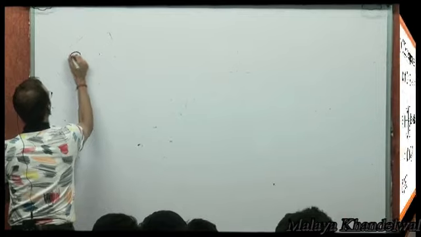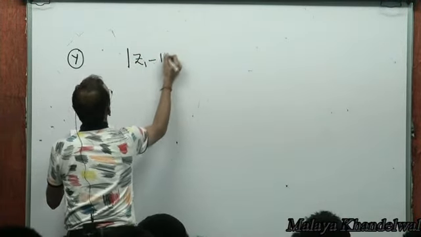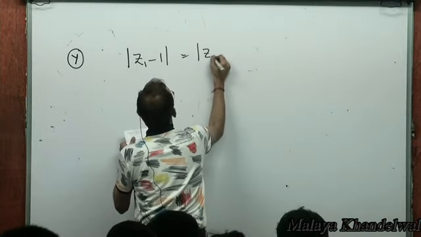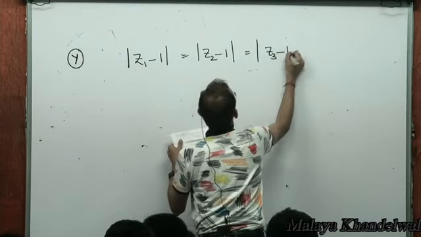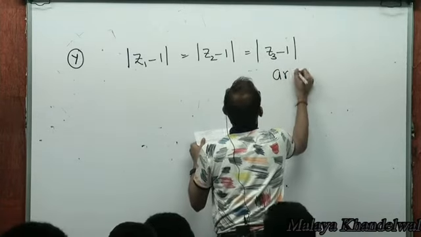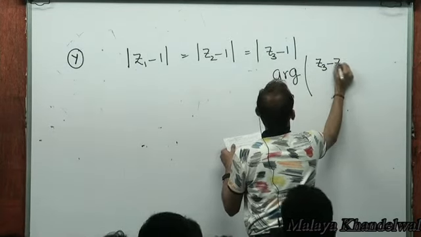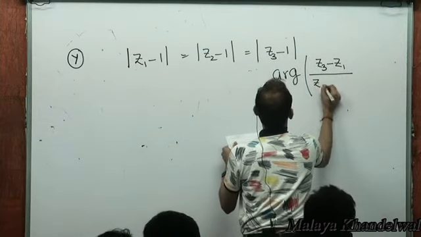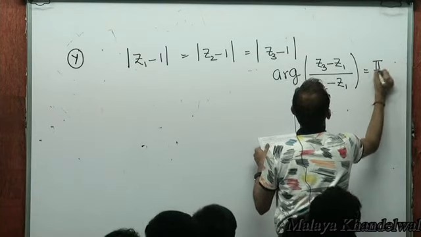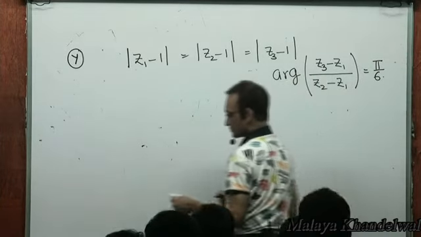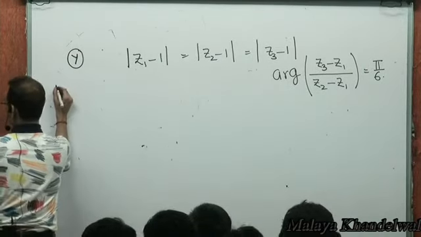Number y. Such that mod z1 minus 1 is mod z2 minus 1 is mod z3 minus 1, and argument of z3 minus z1 divided by z2 minus z1 is pi by 6. Right? We need to show